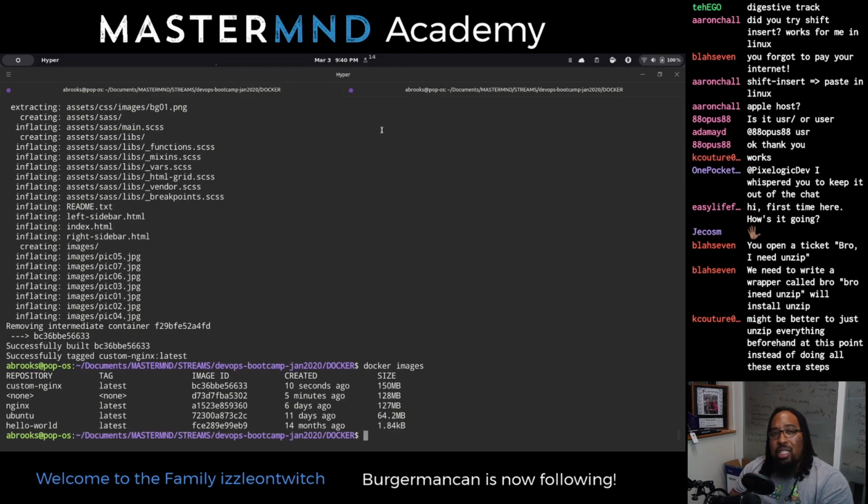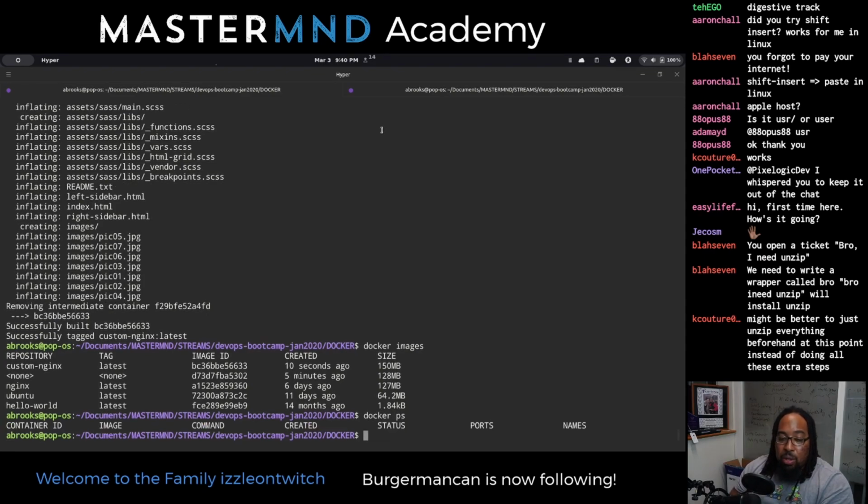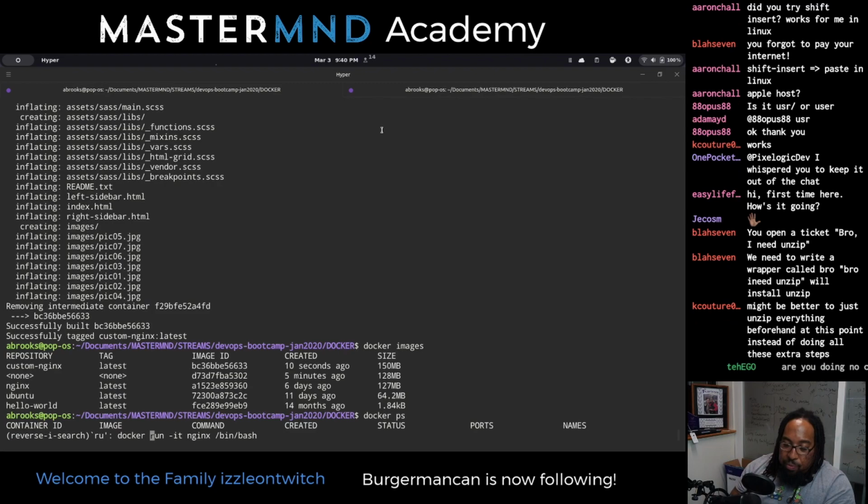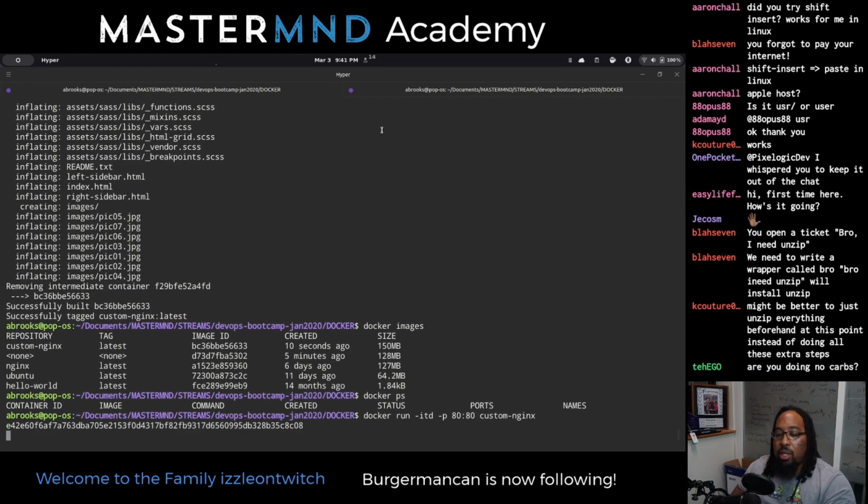So let's see what happens when we try to spin up a container based off of this new thing that we built. Let's take the last thing we ran. Before we ran this docker run -itd, we port 8080 for Nginx. Now let's run it for custom Nginx using our new thing that we built.